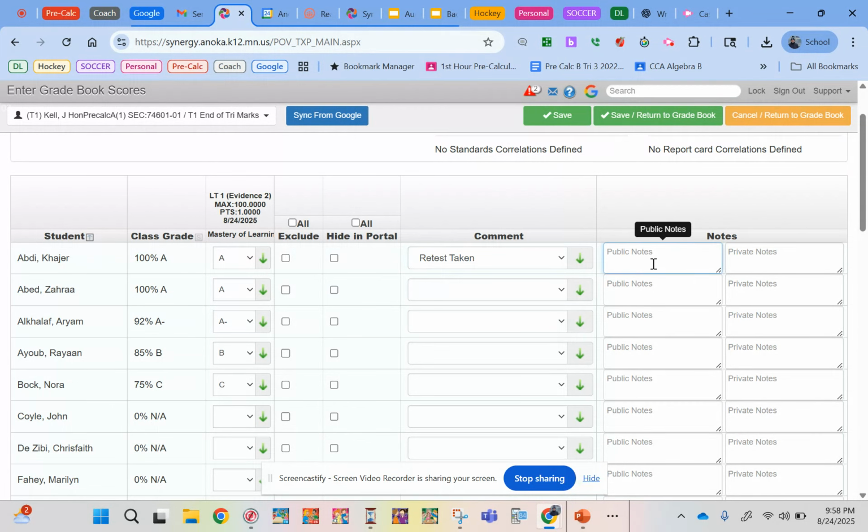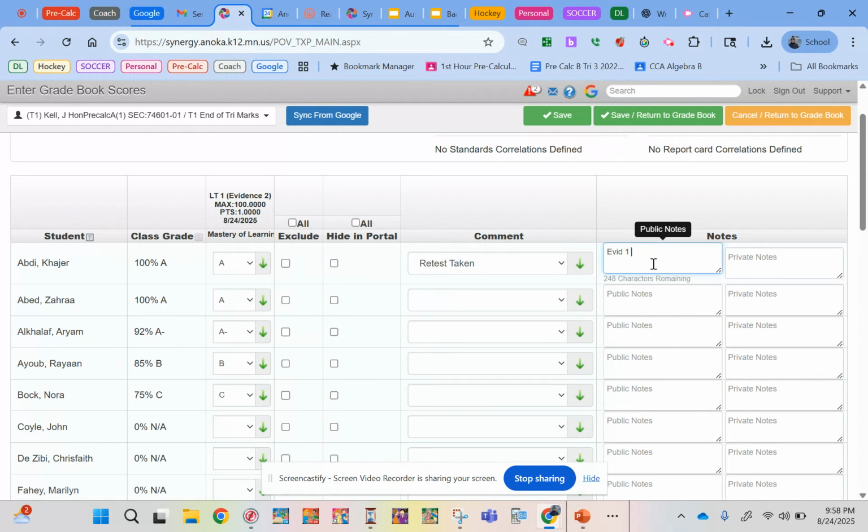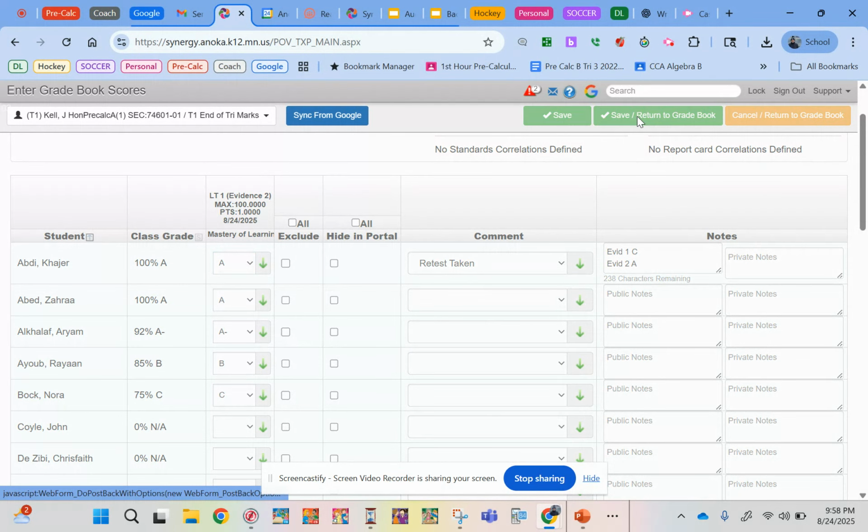And then in the public notes, instead of creating two evidence 1 and evidence 2s, I would just have one test, and I would say evidence 1 test was a C, but the evidence 2 test, they got an A the second time. And so that's why I would change this to an A, because that's their new grade. But then in the notes section, when they look at their gradebook, they would be able to see this information. When you hit save,